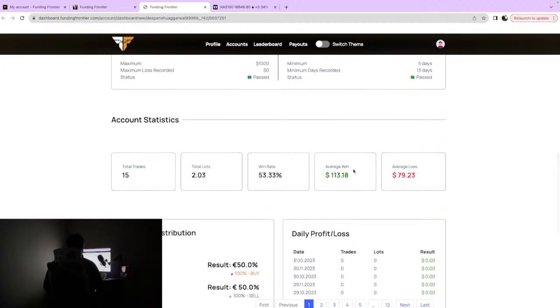What matters is your win size and your average loss size. Our win rate is still 53%. I told you in the beginning that our win rate will always stand between 50-60%, maybe sometimes 70%. I'm not guaranteeing you a win rate of 80, 90, 100%. No. As long as you are making more than 1:1 risk reward and your win rate is above 50%, you will be well in profit.